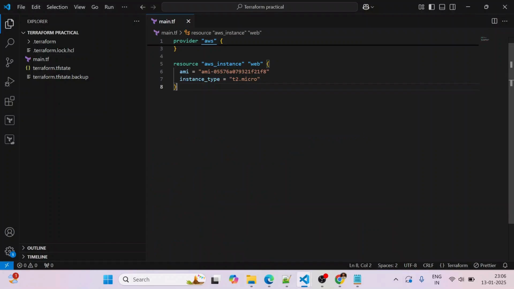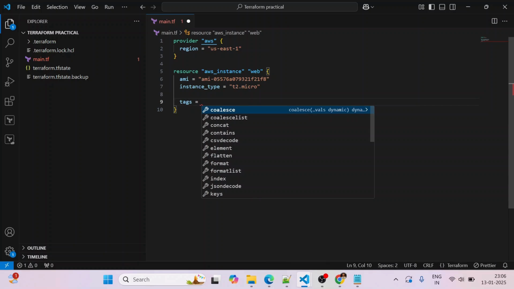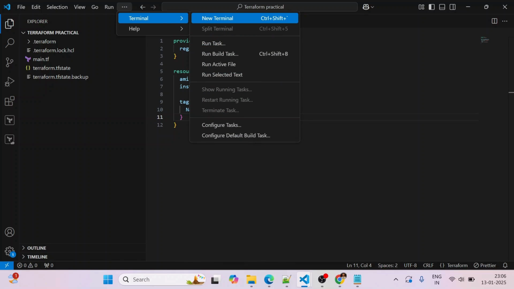I have two blocks here, one is the provider and another one is the resource block, which is responsible for creating the EC2 instance. So what I will do is add a tag, and I will give name equal to prod-instance. Let's save this, and let's run Terraform